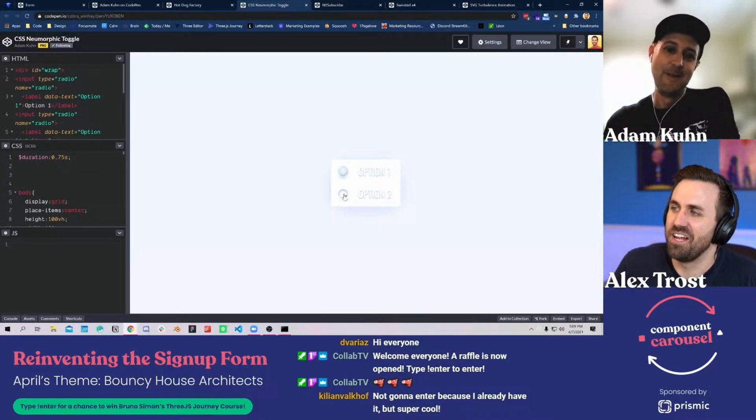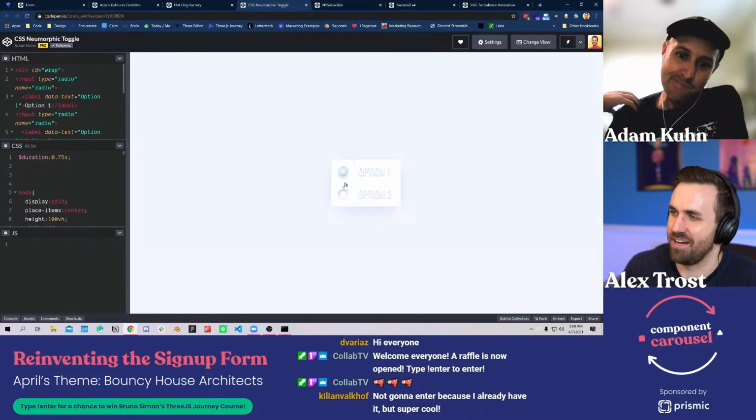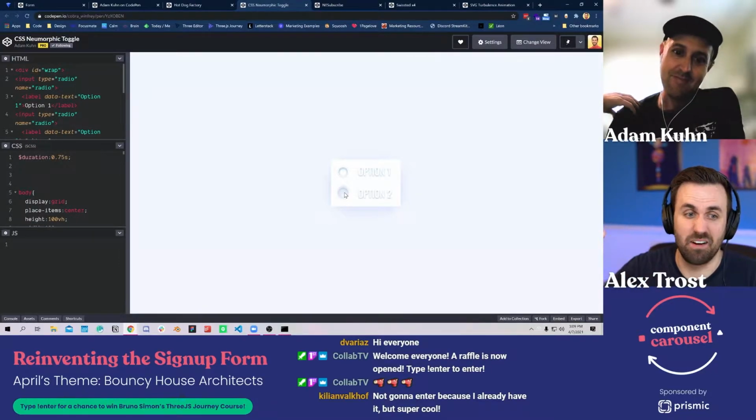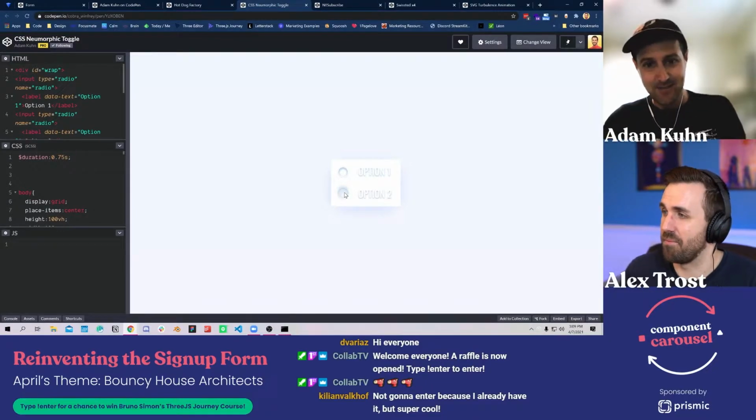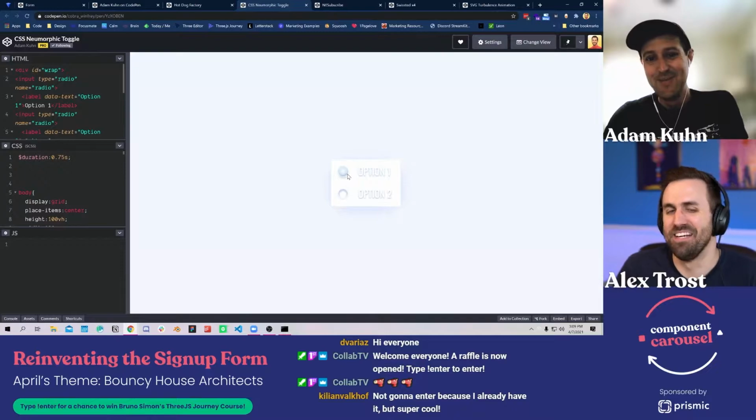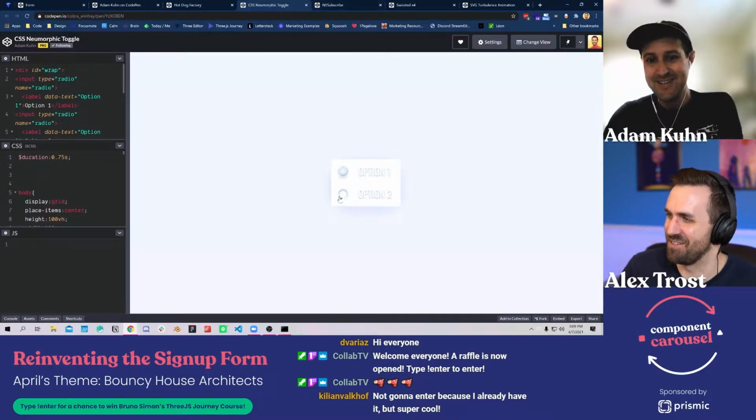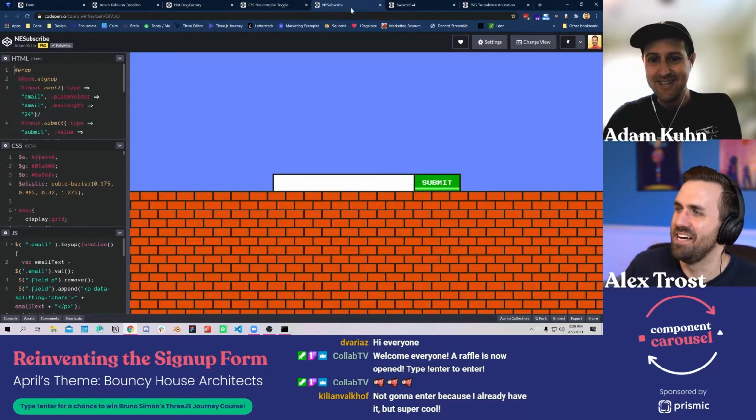This is a neomorphic toggle, which is easily the greatest design trend that's ever come to anything, really. I mean, right? Yes. It's by far the best. But this is... I do it all for Pete. Yeah. Shout out to Pete Barr over in Australia. That's right. Who just loves this trend.